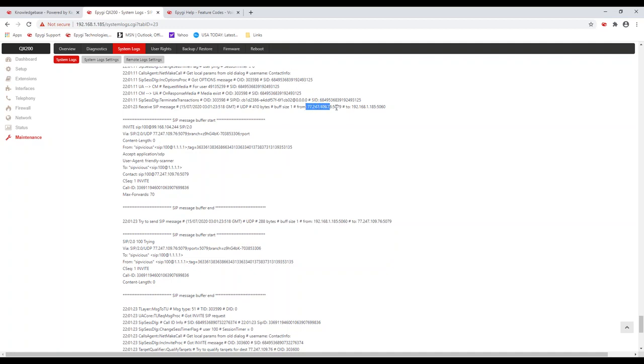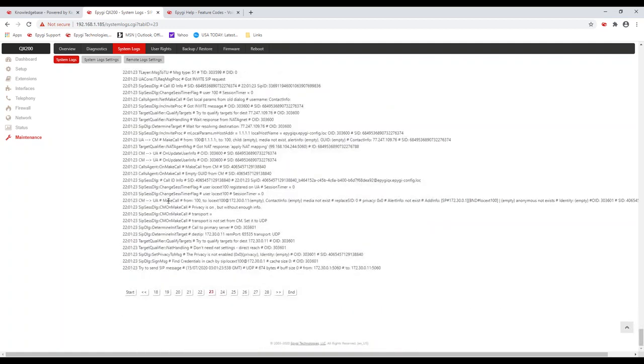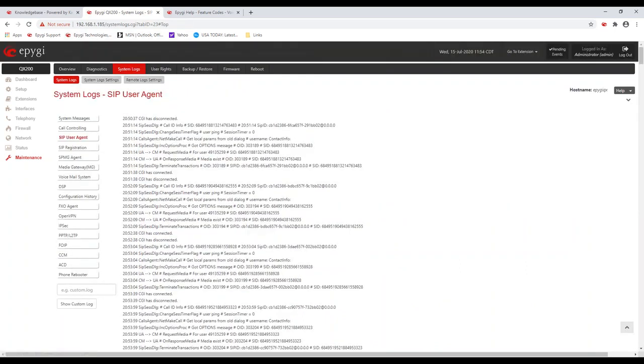This came from an external IP sent to my system, and for some reason they're just trying to dial extension 100. It came from a tool that they're running called SipVicious, and it tried to ring a local extension. Okay, so that's one of the IPs that got blocked. The system identified that after a few failed call attempts. We blocked that IP address, and that way they weren't able to